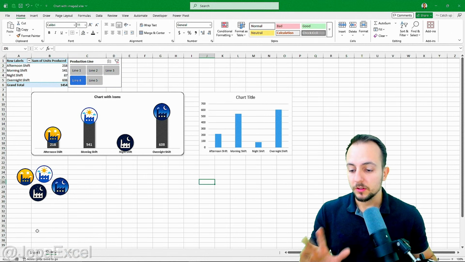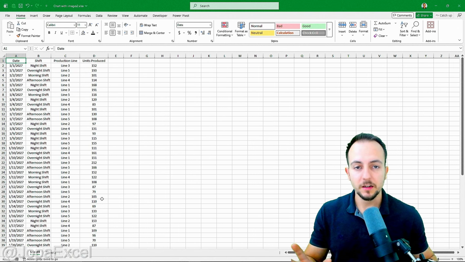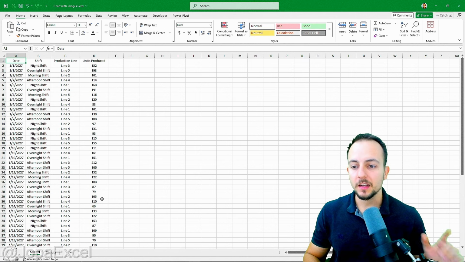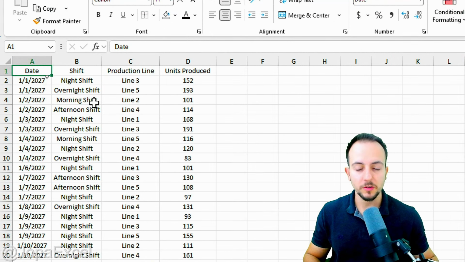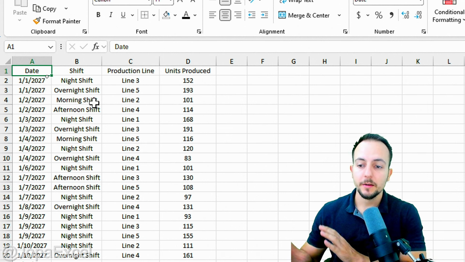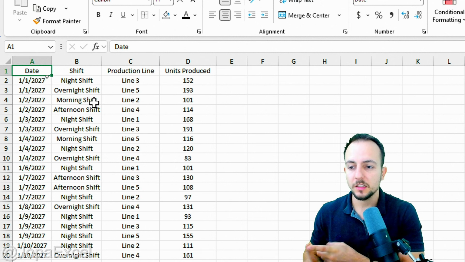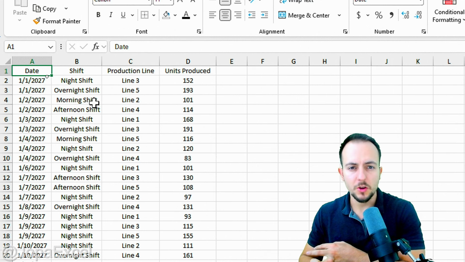The first thing we need, no matter the type of data set, is a data set. And I'm going to leave this file in the description, okay? So you can follow the tutorial along with me. But you need to have a data set. It doesn't matter if it's a rate data set, a cash flow data set, HR, human resources,